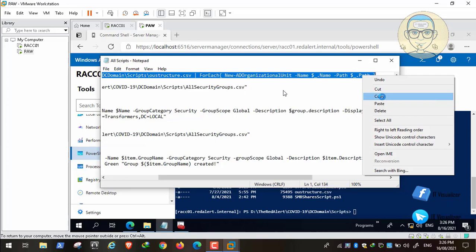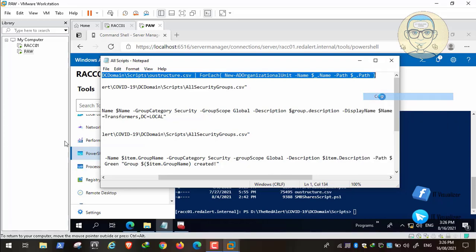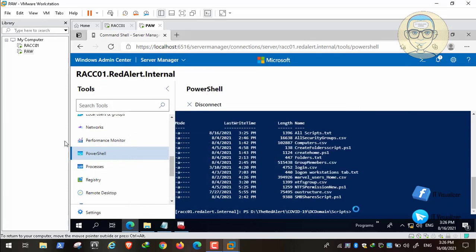After we create the organizational units, we will create the users, and then we will create the groups, and then we will put certain users in certain groups, and last we will create the computers. So let's begin. We will copy and then paste